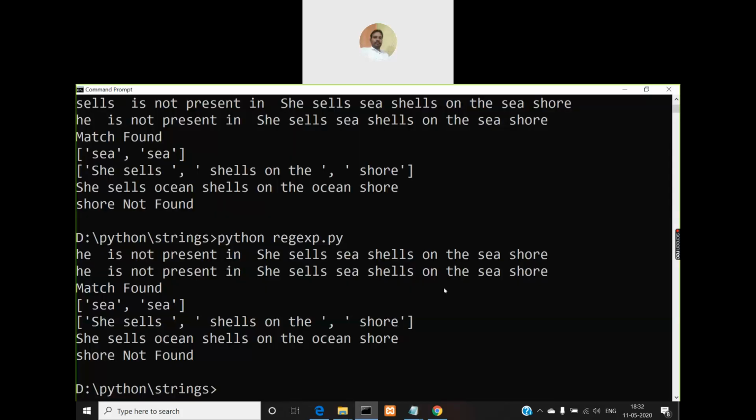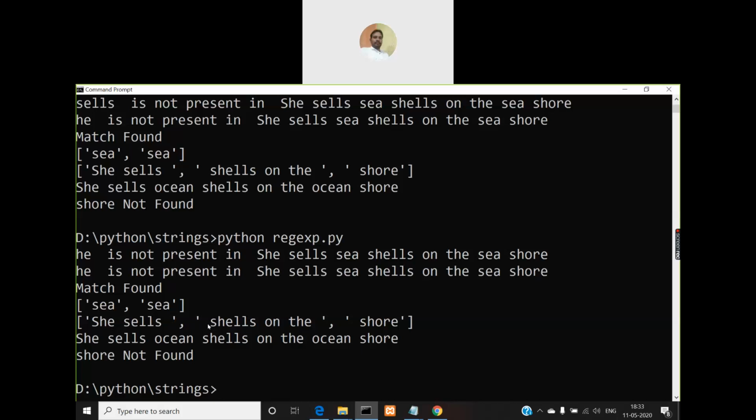So if you look at the list, "she sells", then after that "shells on the", and then after that "shore". You have to exclude the word "sea". So in this given string, after "she sells", you have "seashells", right? "sea". So that "sea" is excluded here.